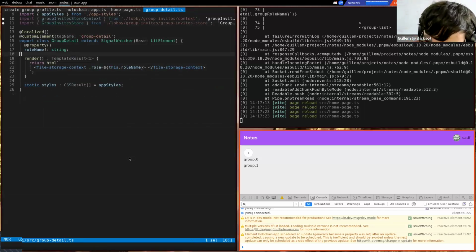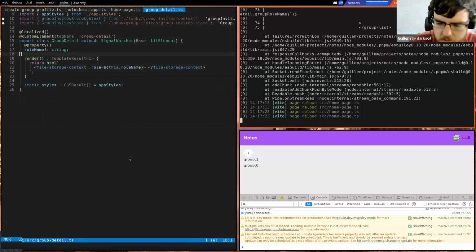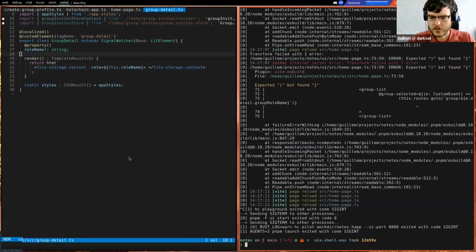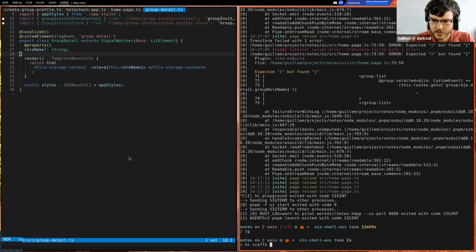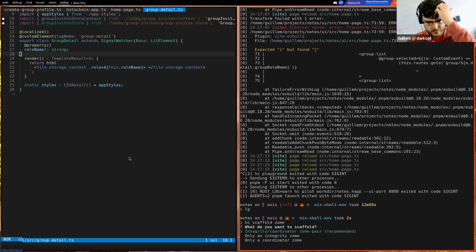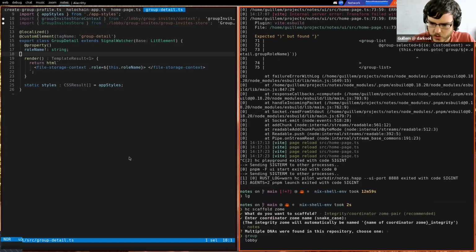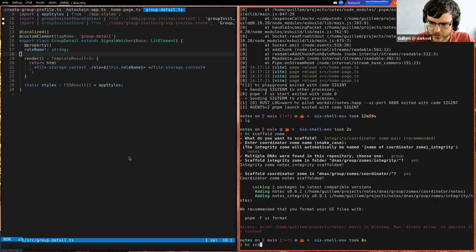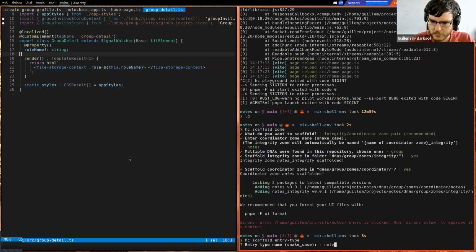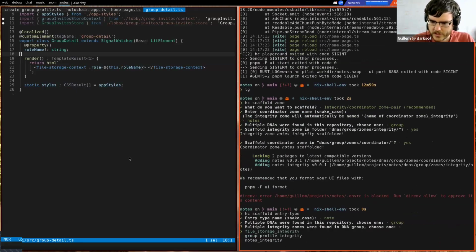Yeah, let's switch back out to creating all nodes. So now let's save our progress and scaffold a zone, which is going to be the nodes zone. Integrity coordinator, yes, nodes in the group. Yes, cool. And now we are going to scaffold an entry type, which is going to be a node entry type. In the group DNA, yes, in the node's integrity, a node is going to have a title